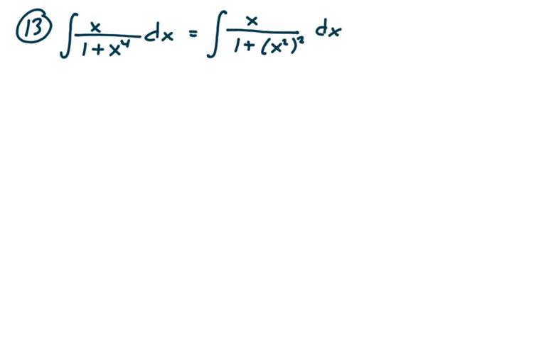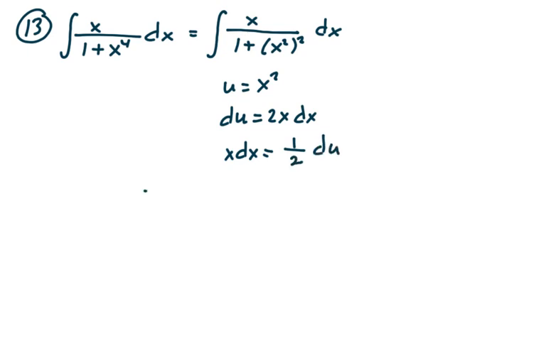All right? So let's let u equal x squared. du is 2x dx. x dx, if I divide both sides by 2, is equal to 1/2 du. And so this is 1/2 the integral of 1 over 1 plus u squared du. And it's very important that we recognize this. And so this is 1/2